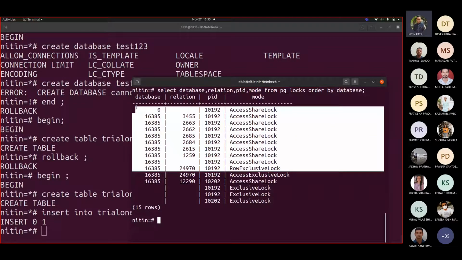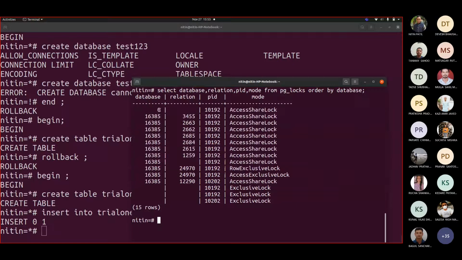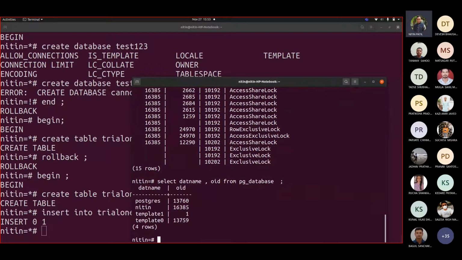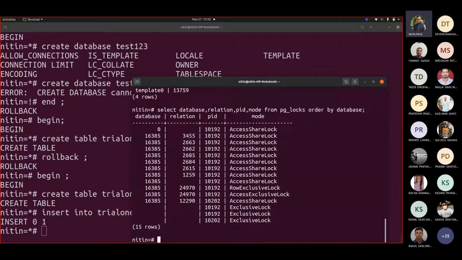So it picked a database entry from 0. What was 0 there? Let us see select name, OID from pg_database. We don't see any 0 there. Then why exactly is it trying to show us this 0, the 0th entry?